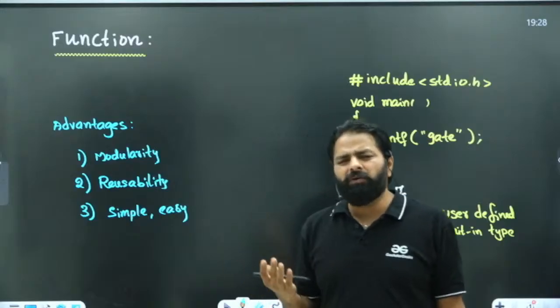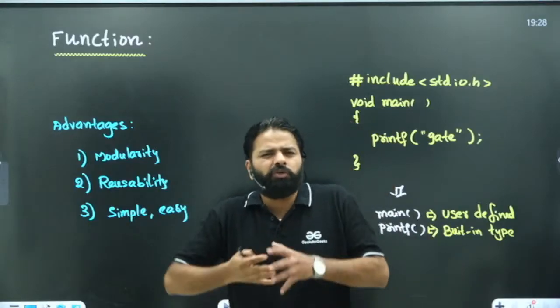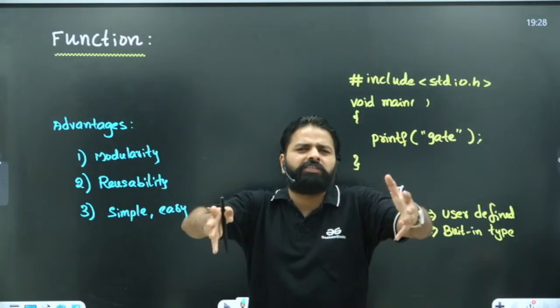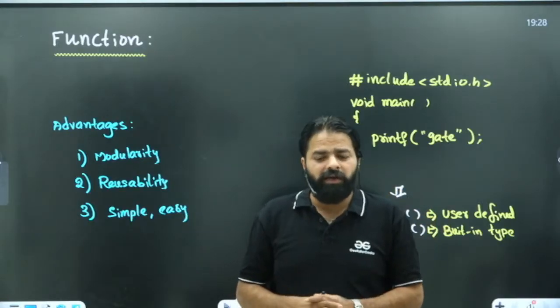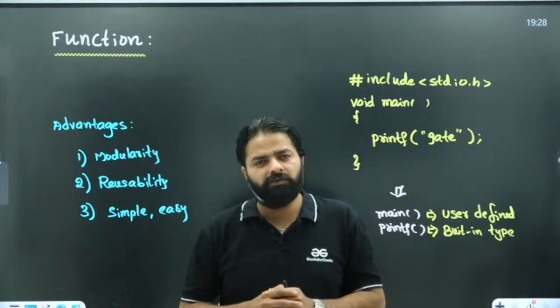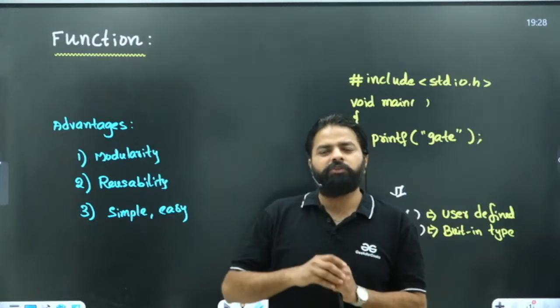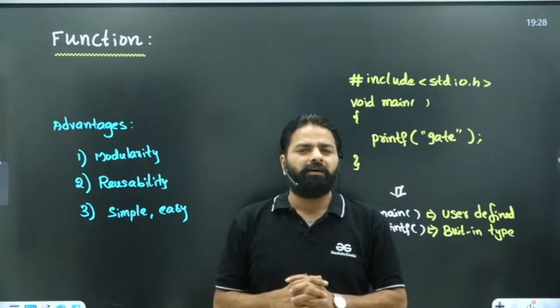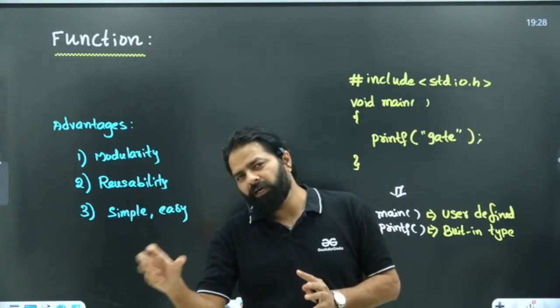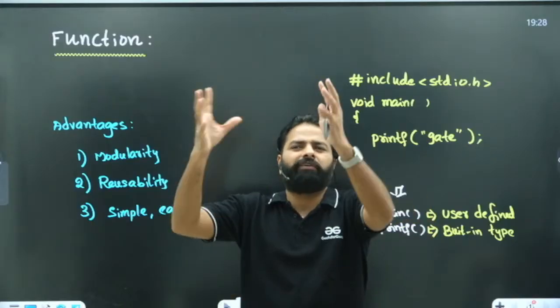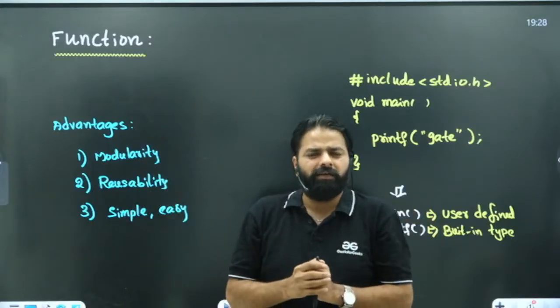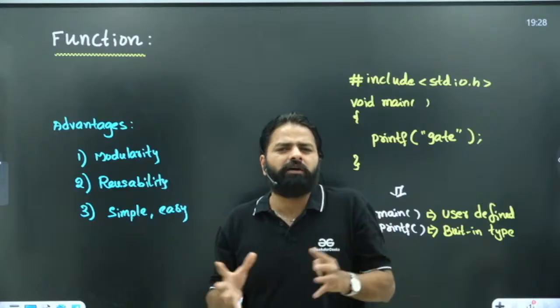But what is the disadvantage? Due to a lot of functions in a smaller program, it can waste a lot of time. You know, every time you call a function, what happens? You need to pass the arguments, then you need to execute that part of code, and you should come back by returning. So here you need to create one activation record separately. So there is a lot of stack usage in the computer.